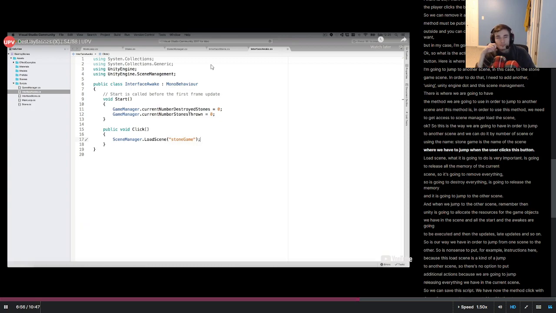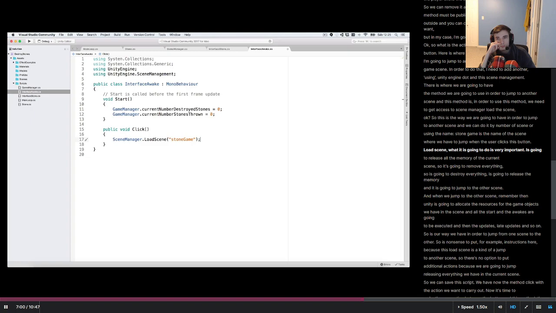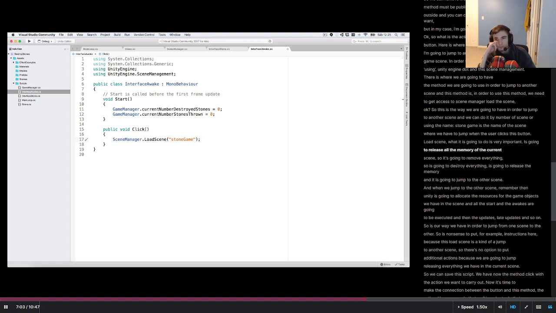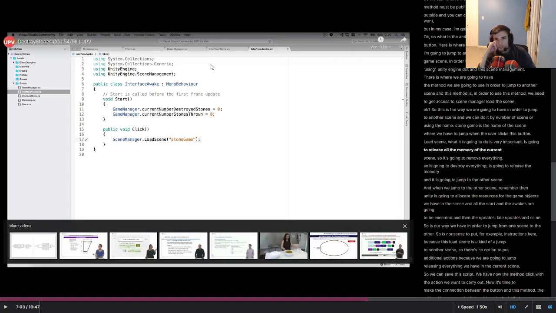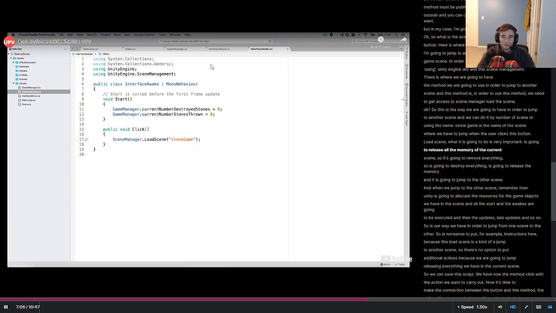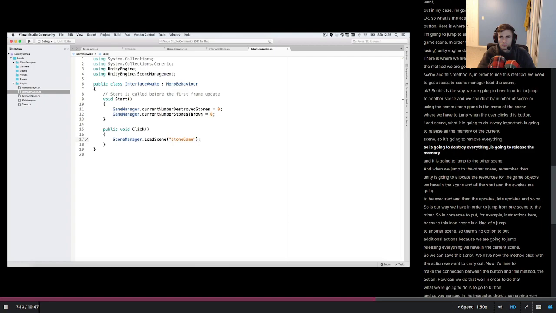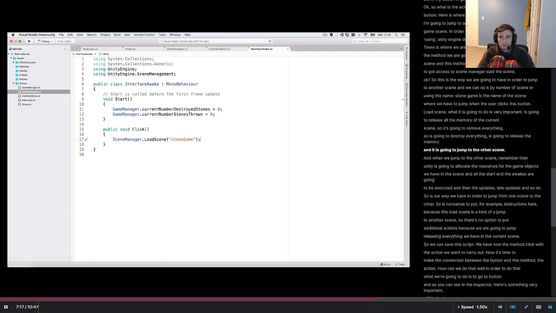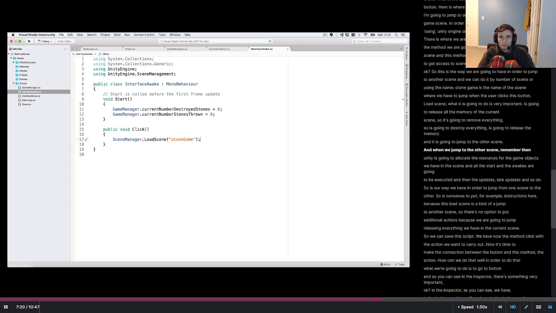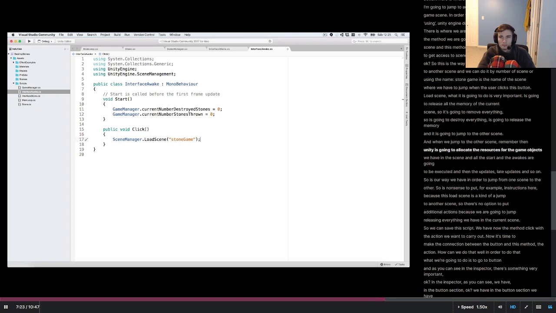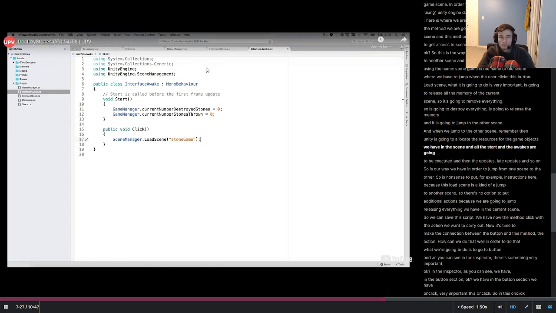Jump when the user clicks this button. Load the scene. What it is going to do is very important. It's going to release all the memory of the current scene, so it's going to remove everything. It's going to destroy everything, release the memory, and jump to the other scene. And when we jump to the other scene, remember, Unity is going to allocate the resources for the game objects we have in the scene, and all the starts and the awakes are going to be executed, and then the